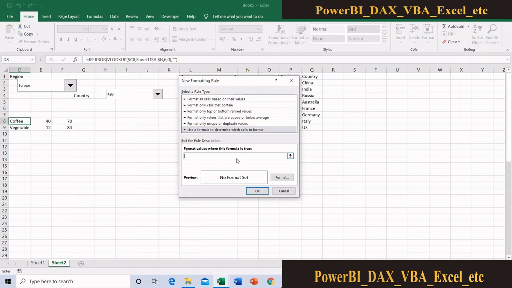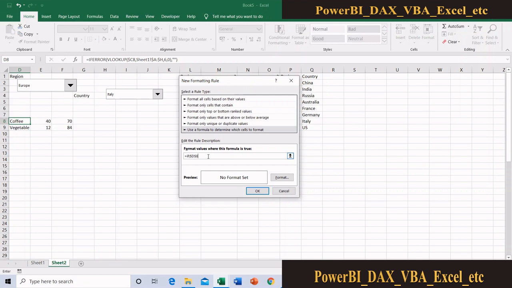So I am giving the formula. If the data in the particular cell is not blank, then I want to apply a border. So I type equals IF the particular cell, this D8. Now just look here: this D8 is locked, I am not changing it now, I will explain this later.